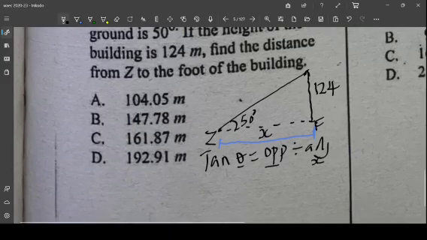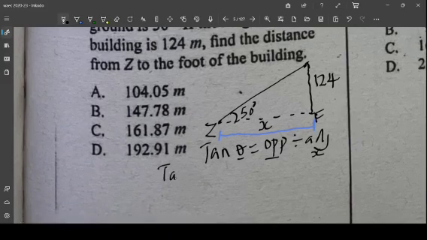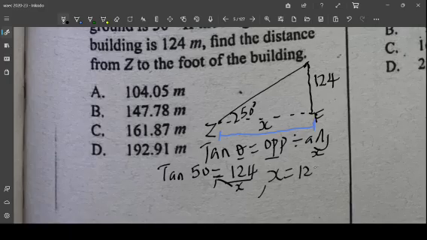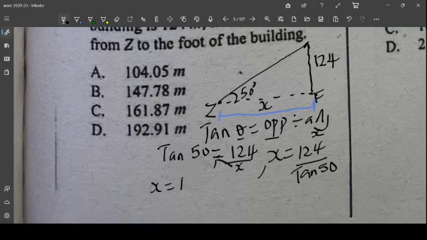That's what I'm looking for. So let's go. I'm going to have tan 50 is equal to opposite, that's 124 over x. So if I make x the subject of the formula, I take x this way and bring tan 50 downwards. I'm going to have that x is equal to 124 over tan 50. Now, tan 50 is 1.192. So when you divide this in your calculator, 124 divided by 1.192 is going to be equal to